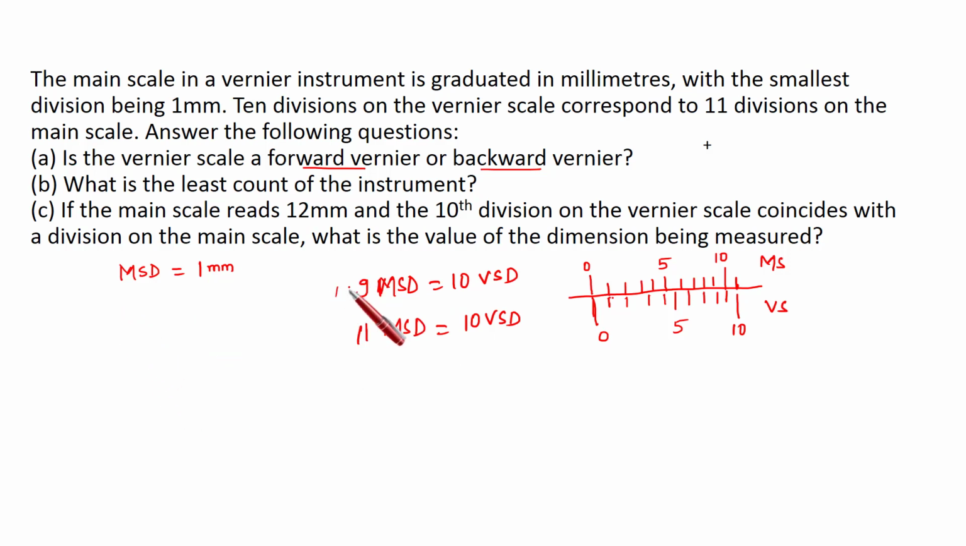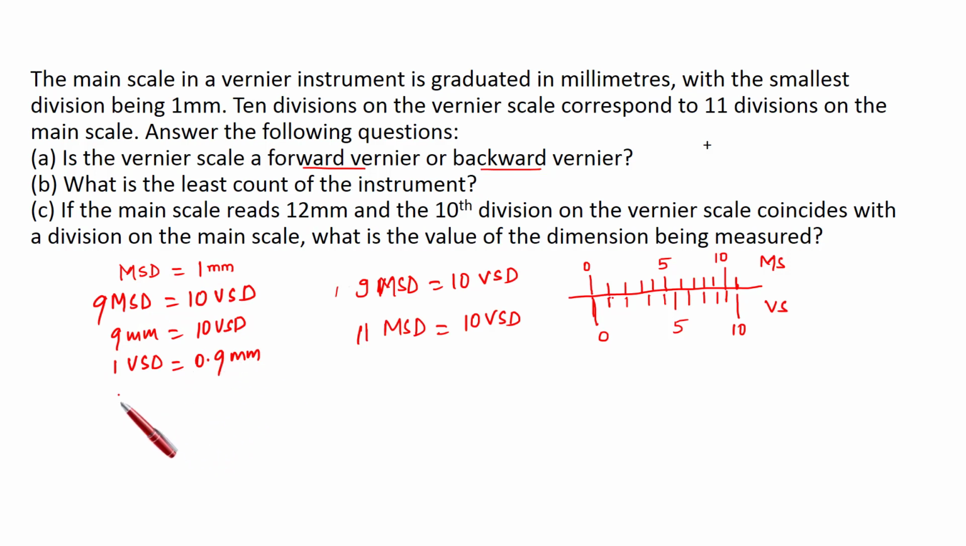So look at here, just see this one. If 9 main scale divisions is equal to 10 vernier scale divisions, and 1 main scale division is equal to 1 mm, so 9 mm is equal to 10 vernier scale divisions. So 1 vernier scale division is equal to 0.9 mm, right? So main scale division is 1 mm, 1 vernier scale division is 0.9 mm. So obviously main scale division is greater than vernier scale division and least count will be main scale division minus